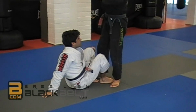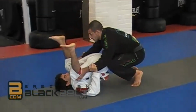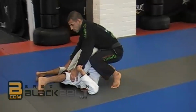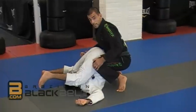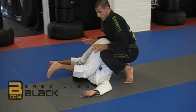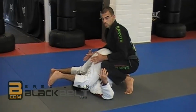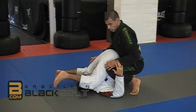Maybe those. Now look, doesn't matter, for some way or another you will end up in this position. Now look, it's important for me to keep my knees up on the floor because it gives me more mobility. And when I'm here, I'm going to look to his arms. When his arms are open, it's easier for me to do the drill. When his arm is open, I'm going to put my knee